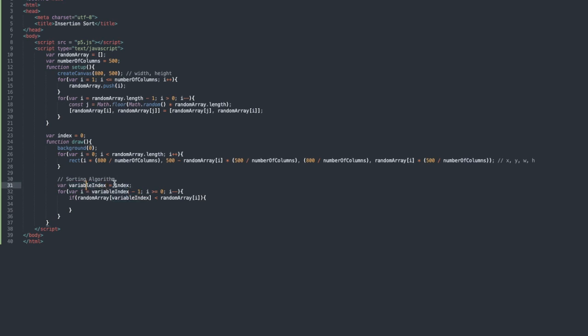So variable index, that's the first element of the unsorted array. The reason why you want to do -1 is because you want to start with the one before, which is the last element of the sorted array. And you're basically just going through all of the elements of the sorted array, and you're saying until the random array of the variable index, which is the first element of the unsorted array, is smaller than the current sorted array element. Okay, it's a bit confusing, but I think if you look at the visualization, then you'll